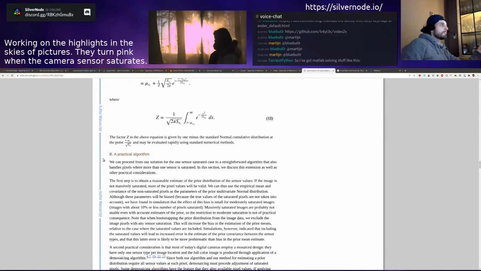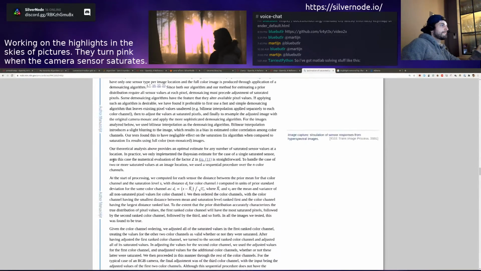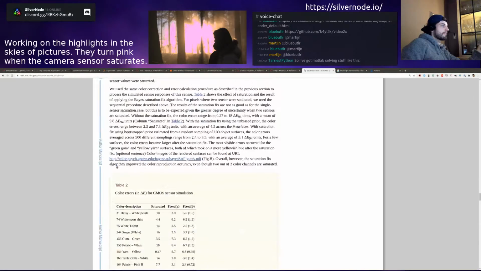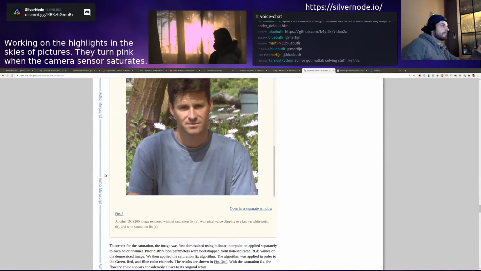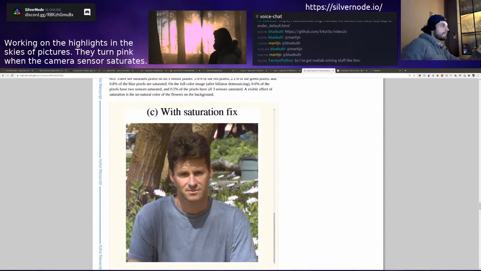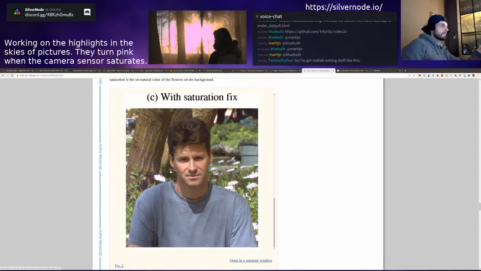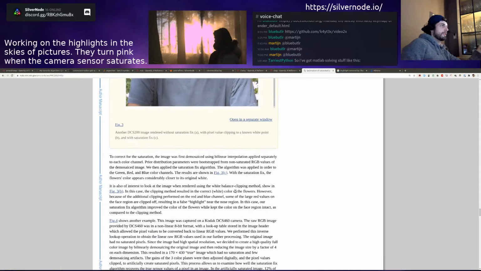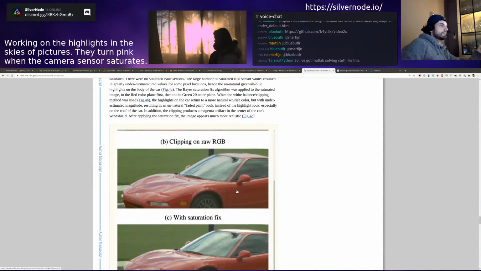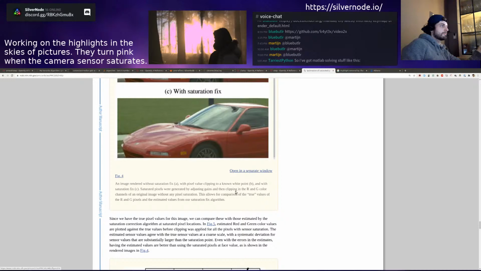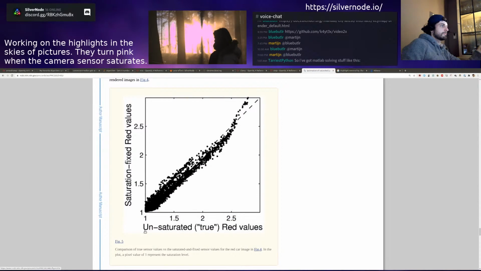Let's get a practical algorithm. Like, how does it know that it should be white and not anything else, like blue or... Because most of the image is either brown or green. Comparison of true sensor values from the saturated and